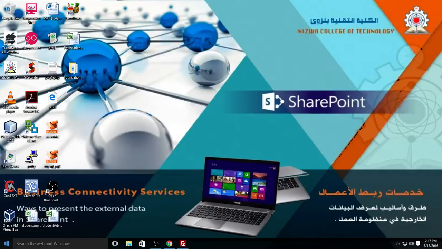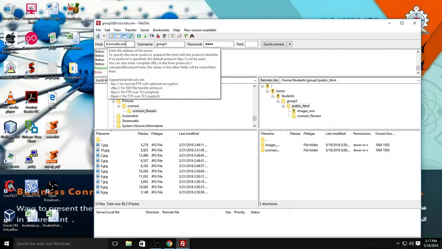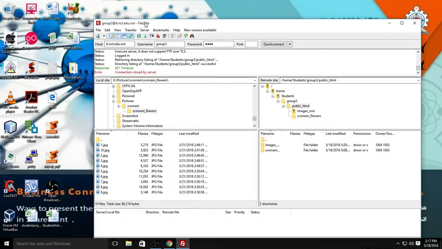Dear students, I will show you here how to work with FileZilla, which is used for transferring the files from local system to the server. And in this program you must provide the host name. You have to type the host name. I think all of you would have downloaded this FileZilla and installed it in your laptop, and this is the host name,